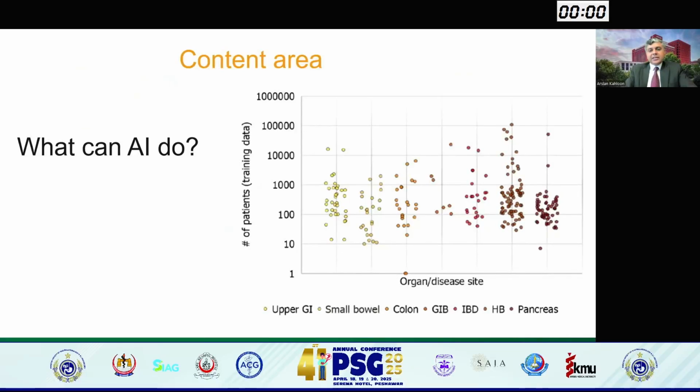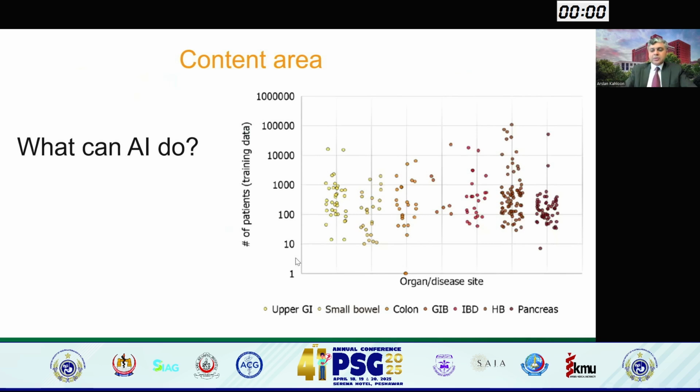I think, when you look at it, AI has made its impact in every area that we deal with within the space of GI. So, you name it, and there has been some sort of a study that has already been performed within this field, starting from upper GI, small bowel, colon, GI bleeding, inflammatory bowel disease, assessing histology, figuring out dysplasia, you name it, and there has been a study that has already looked into that space, hepatobiliary space, pancreatic cyst, pancreatic cancer. So all of these areas have already had studies performed.